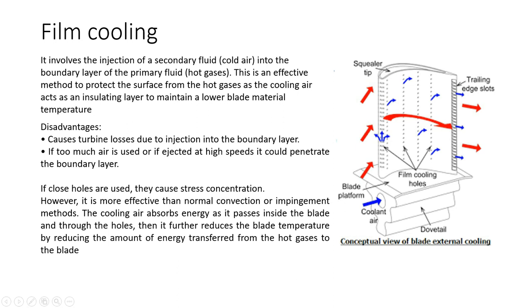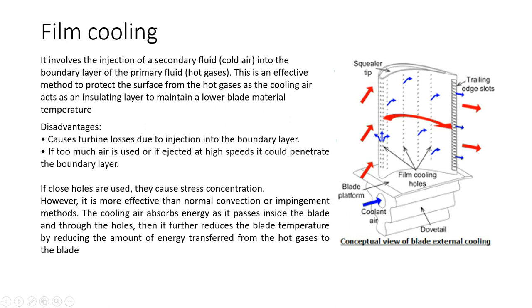So a layer of cold air will be formed on the blade. Okay, so thereby the hot air need not even touch the blade. I mean, that is not possible, but to say so, it is not at all touching, it is just imparting the energy and then it is simply going. So thereby the temperature is maintained in the turbine blade, but it has got some of its own drawbacks.